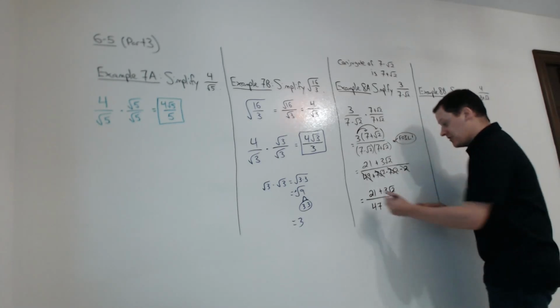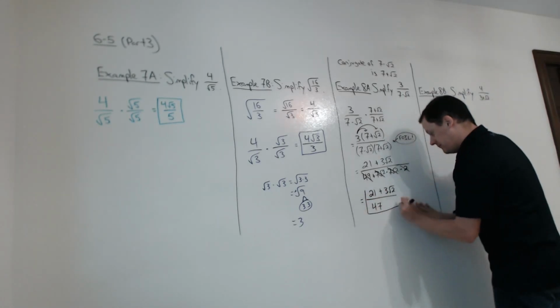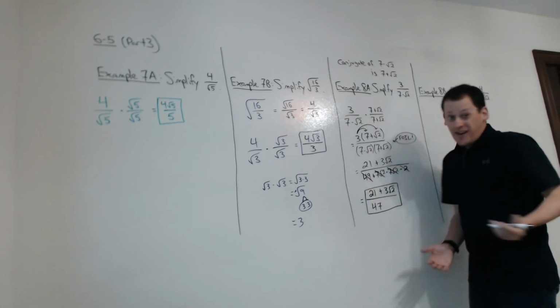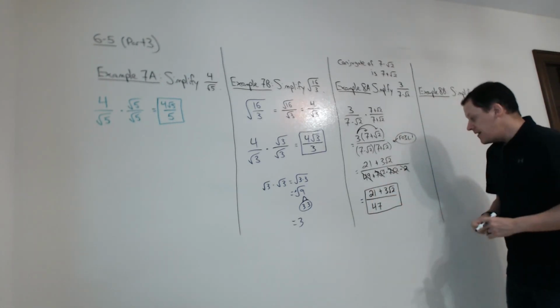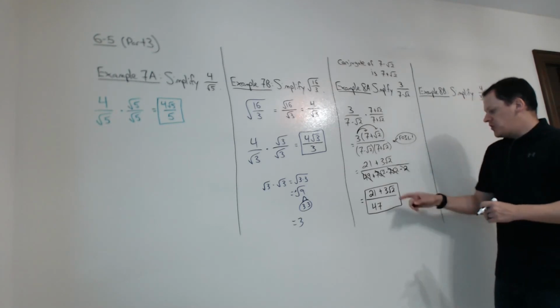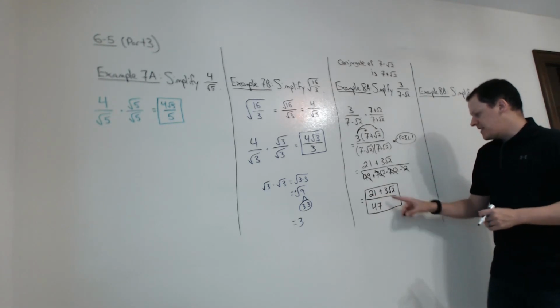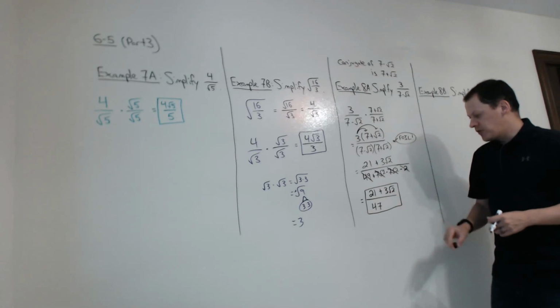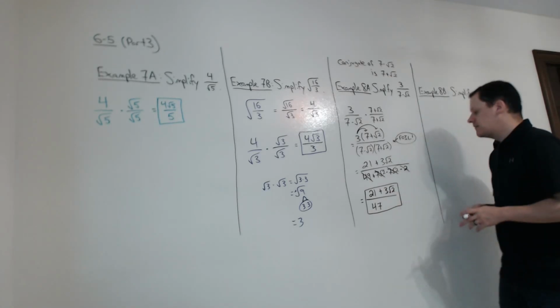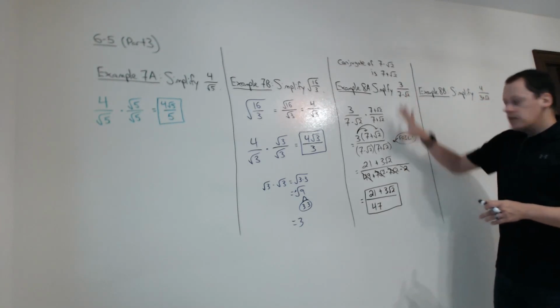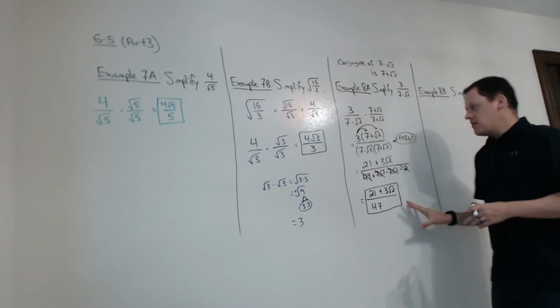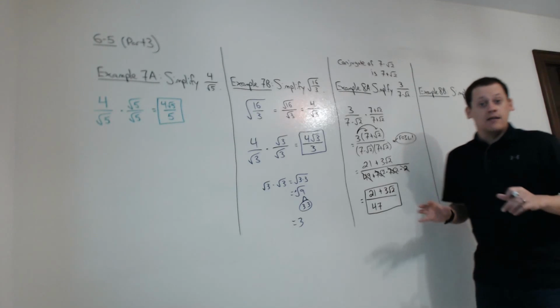And it actually turns out that's our answer. There's nothing else we can do there. Nothing else to combine. I suppose you could split this up into 21 over 47 plus 3 square root of 2 over 47, but you don't need to do that. This is simplified. Okay? So there was a little more work that we did here, but again, as with most